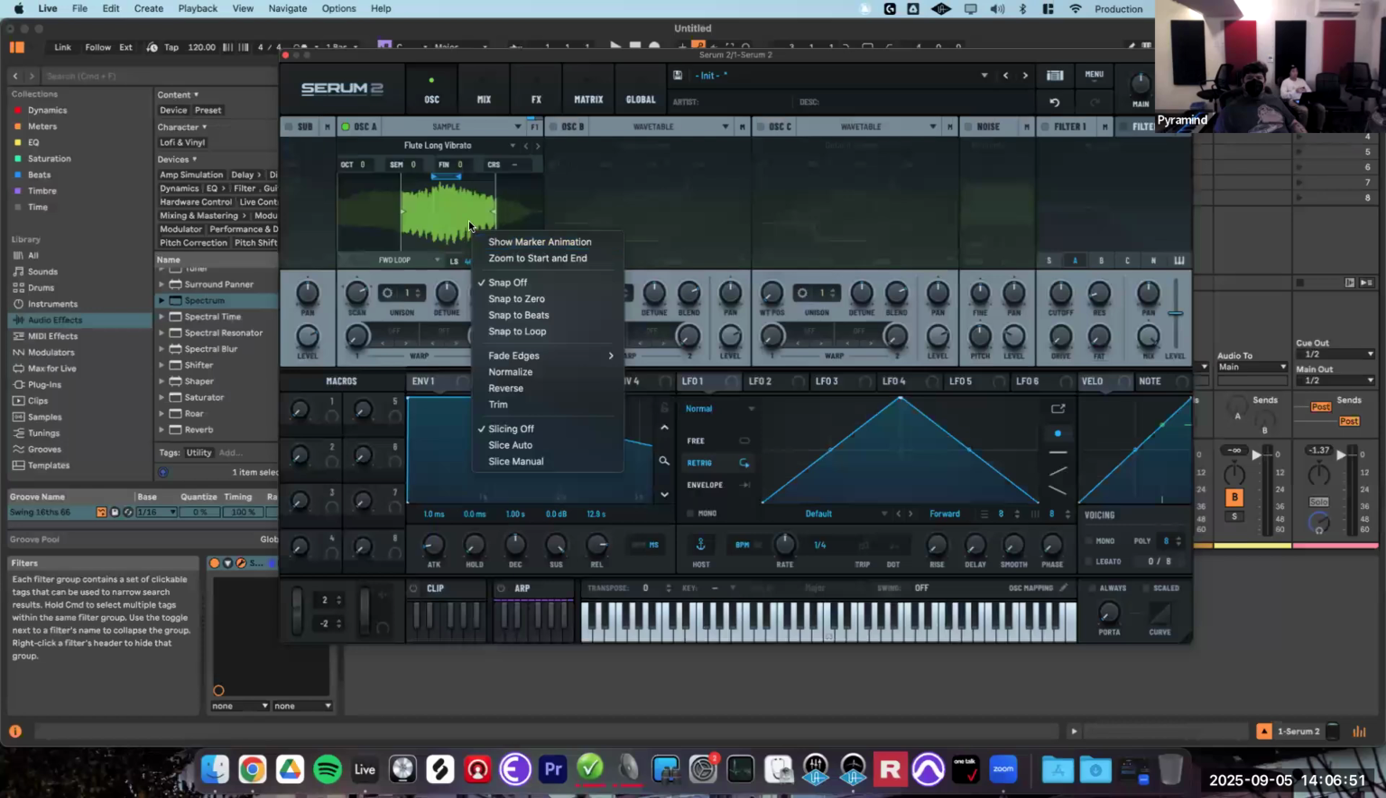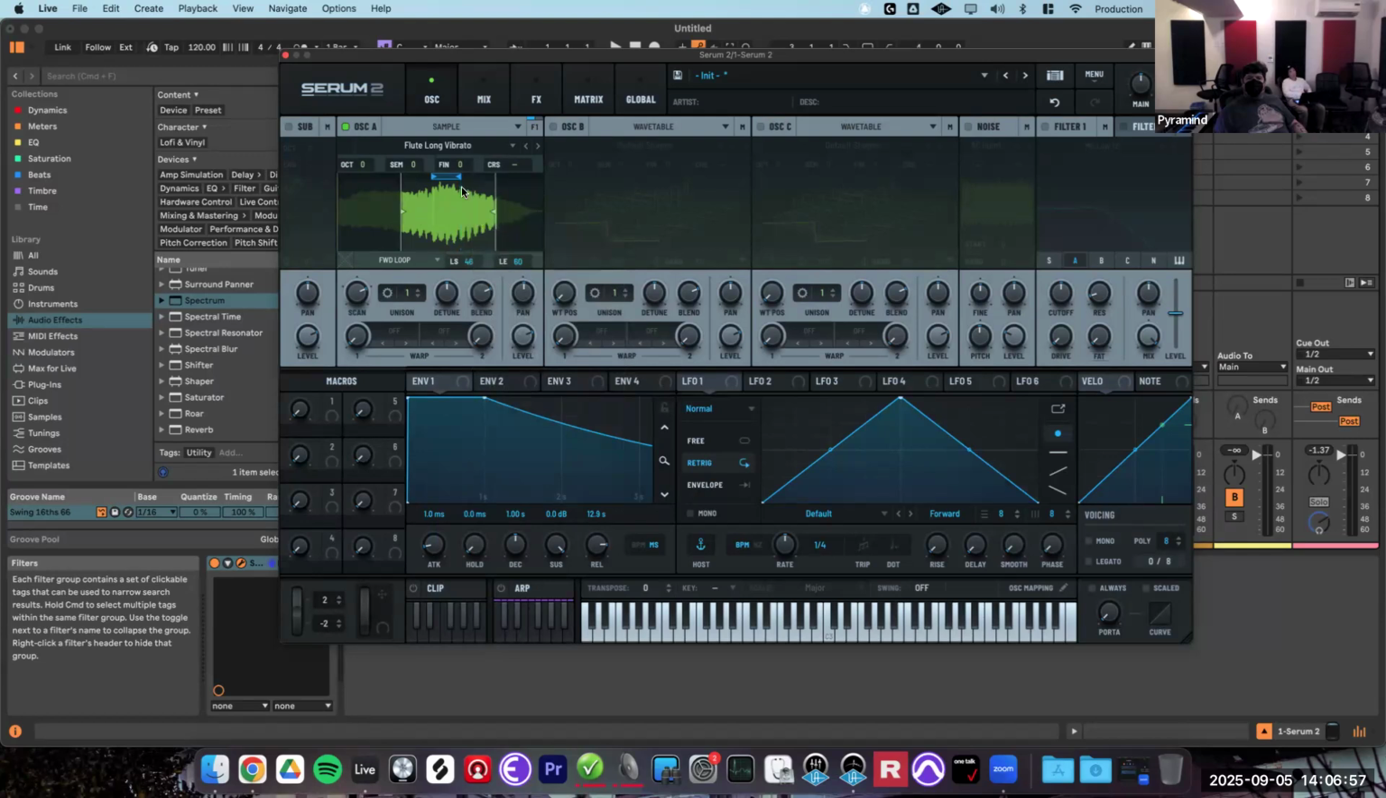I also have the ability to, I think, make it so it plays through to the end after that, but I'm not really sure if we can do that just from this menu. Anyway,